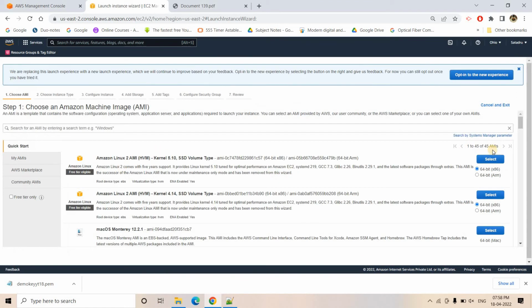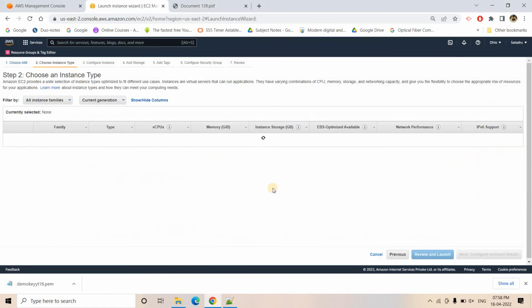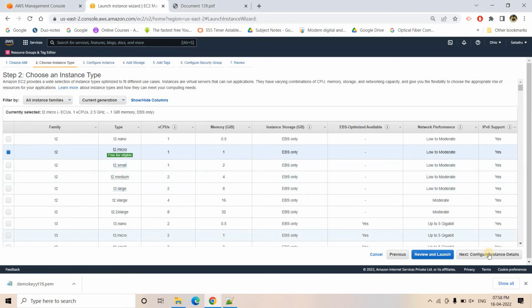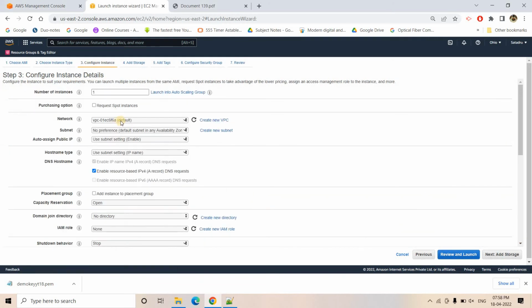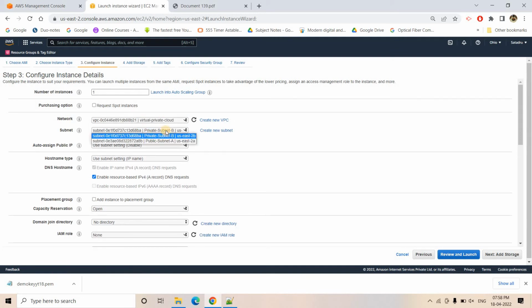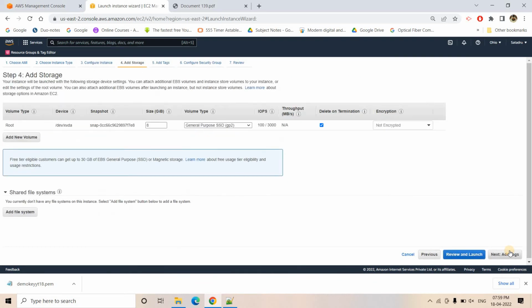Okay, so let us choose this particular one, and T2 micro, that's fine. Okay, and for VPC I can choose our virtual private cloud, whatever we created, and this one we want to launch in the public subnet so that we can communicate with the internet. Okay, and for that we need internet connection, we need a public IP, so we can enable this particular one. We can go to add storage, we can go to next,